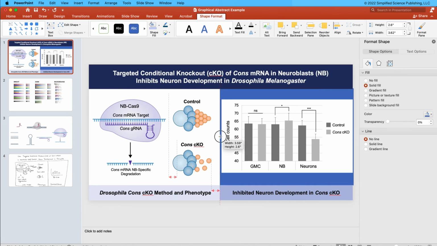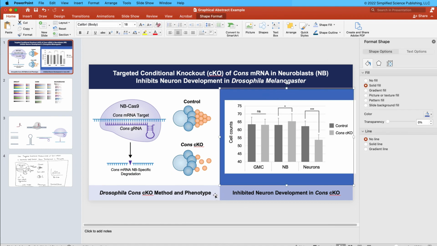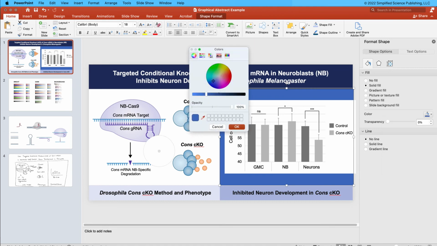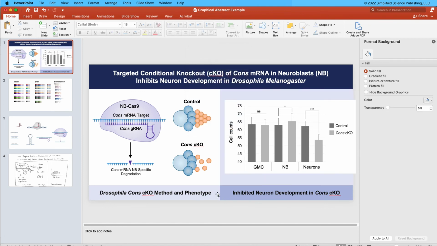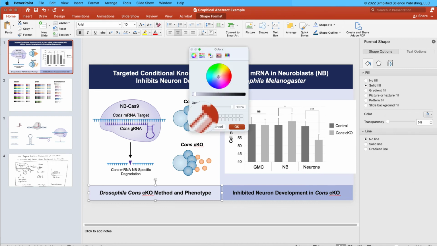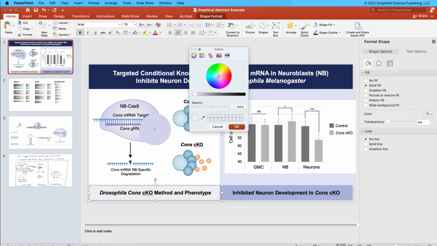And I want this to take on a color that makes sense for the color scheme. So I'm going to change the fill color to more colors, eyedropper tool, and I'll start by just pulling this blue, because I already know these 2 colors go very well together. But I'm not liking now that this is the same color here. I want to make it more clear that these are 2 separate sections. So I'll change this fill color for the label to a color that matches the unique color over here, which is purple, and just pick a nice light purple color. That was too light, so I'll pick another one that's a little brighter,